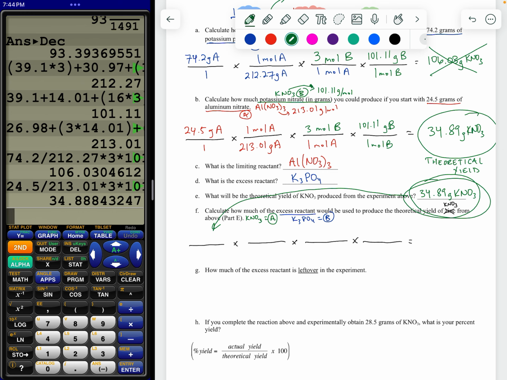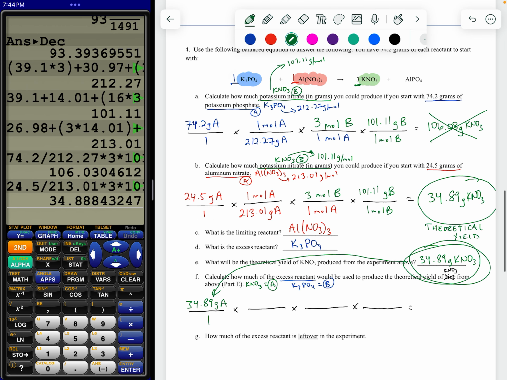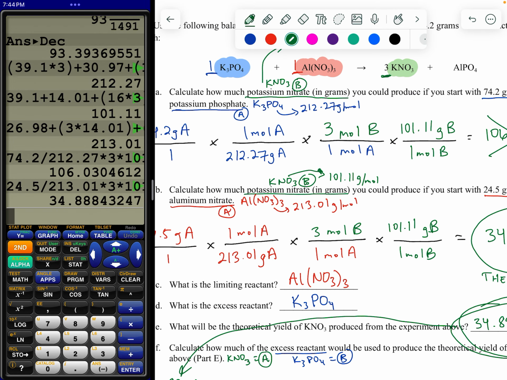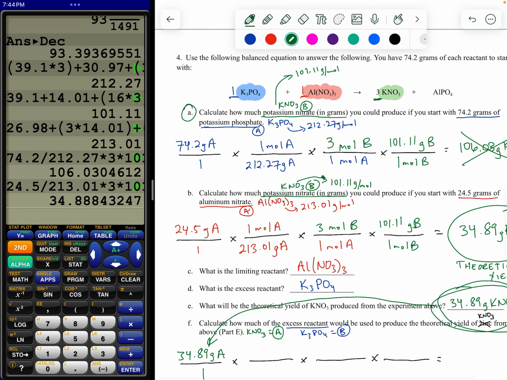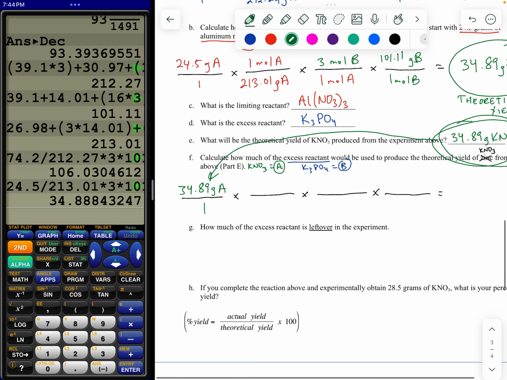start us off. And we're going to use stoichiometry to figure out how many grams of our excess reactant was actually used to produce that small theoretical amount. And know that, again, we are just going backwards from this, from part A. We're kind of just doing these same steps just in reverse order. And so we're going down here. We know that there's 101.11 grams of that potassium nitrate, equal to 1 mole. We are then going from our 1 mole